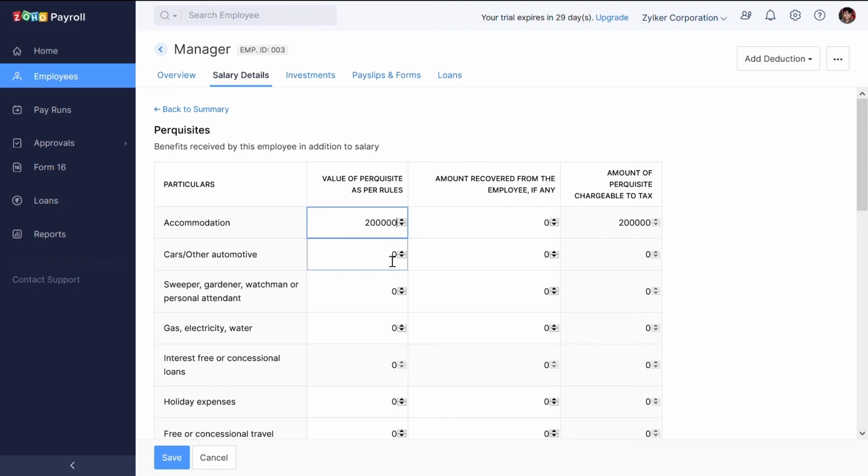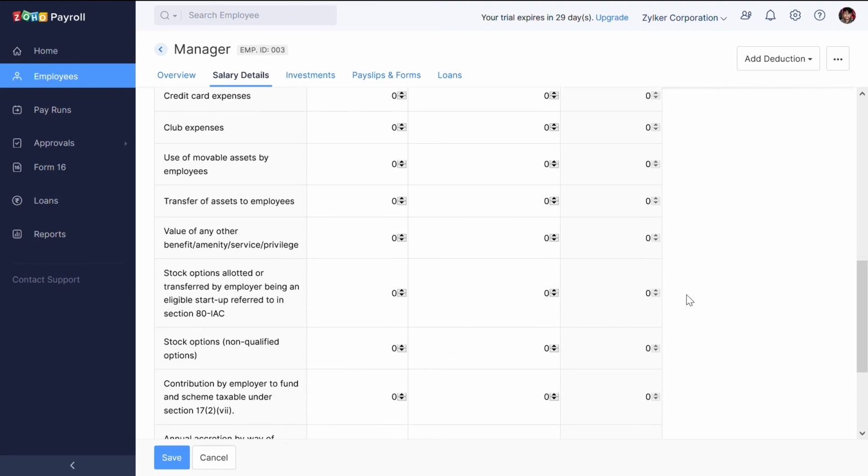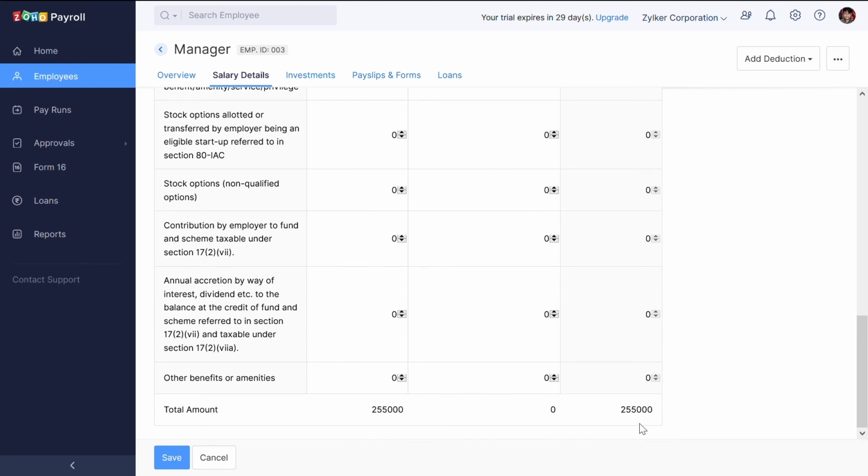So this amount can be entered in the second column. Company vehicle with maintenance of rupees 35,000 per year and helper worth 20,000 per year. All these sum up to 2,55,000 and the employee has to pay the income tax for this amount.